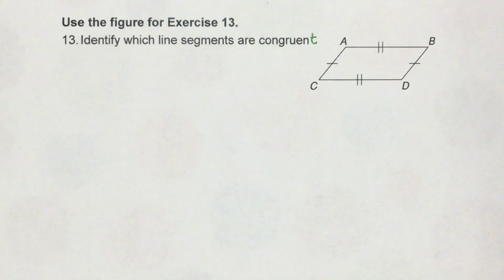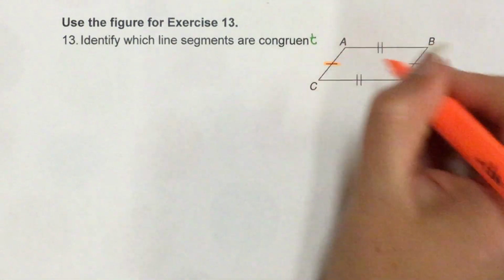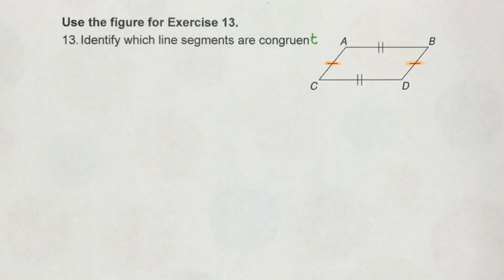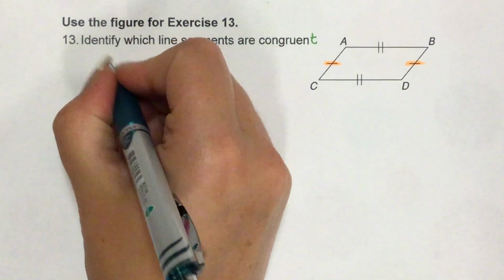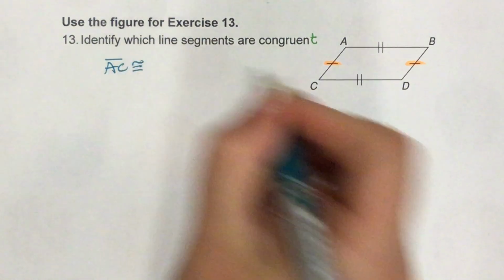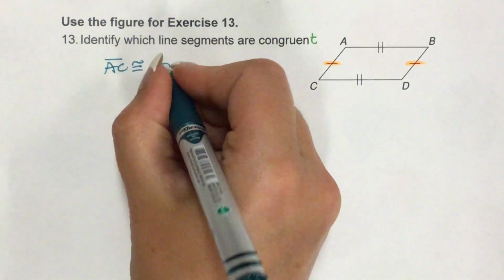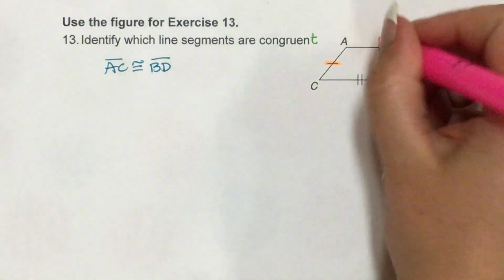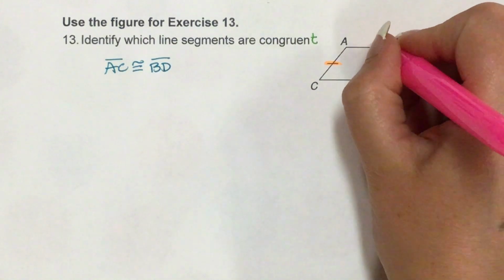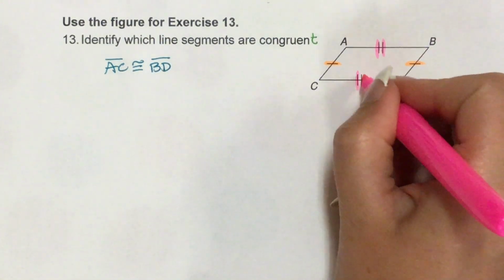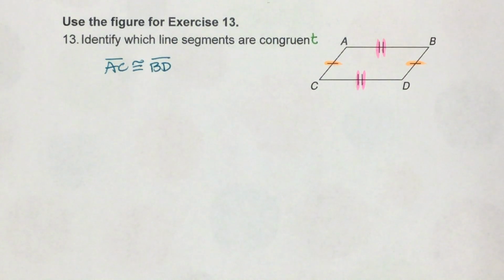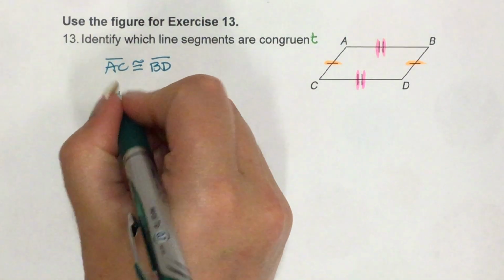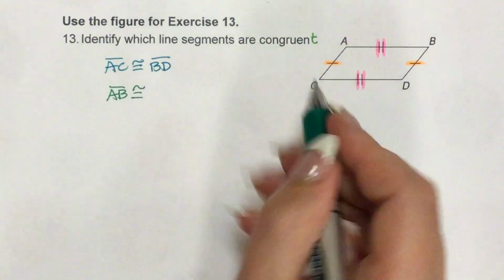Okay, we are back. We're going to identify which line segments are congruent. I'm going to start with the 1 tick mark. Line segments right here, AC and BD. Those are congruent. So line segment AC is congruent to line segment BD. Okay, the next one I see would be the ones that have 2 tick marks. So that would be AB, which is congruent to CD. So if you have line segment AB is congruent to line segment CD,